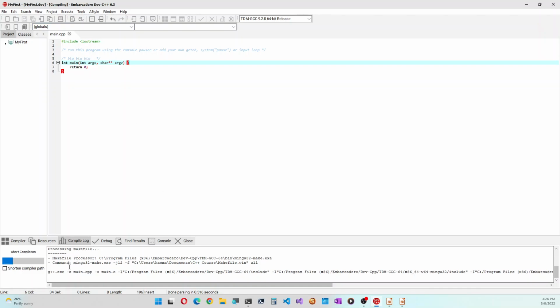You can see at the bottom here that the program is compiling.